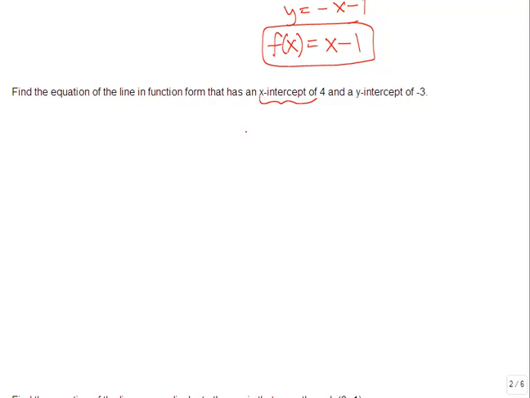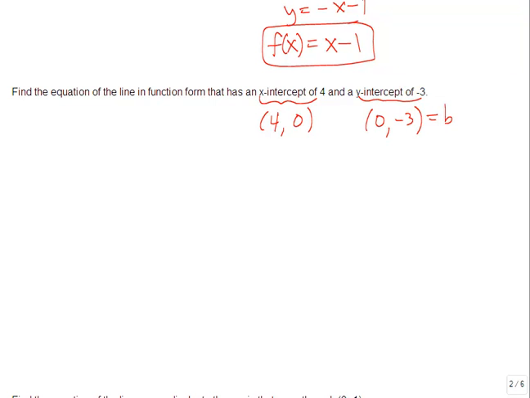What do we know about a point that crosses the x-axis? We know that its y value has to be 0. So when they say that you have an x-intercept of 4, that really means this must be the point 4, 0. Similarly, if you're a y-intercept, you're crossing the y-axis, then your x value has to be 0. So this must be the point 0, negative 3. Now we also know y-intercept, sometimes we call that b. So this point, negative 3, also happens to be the value of b as well,